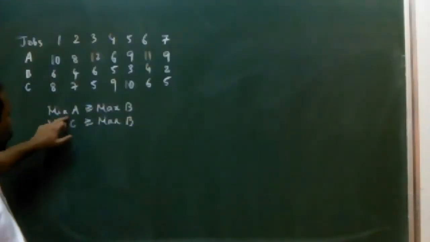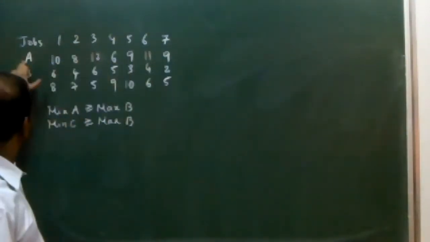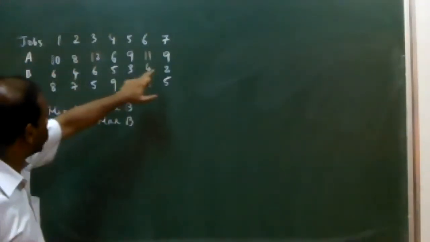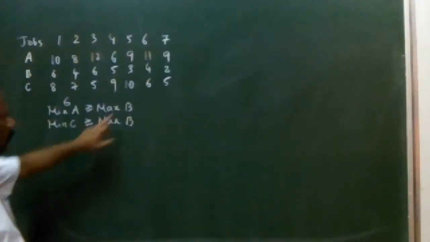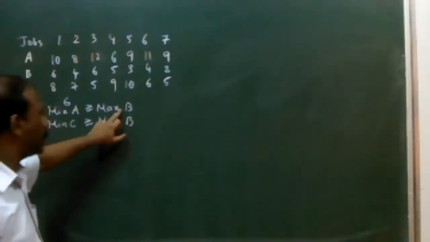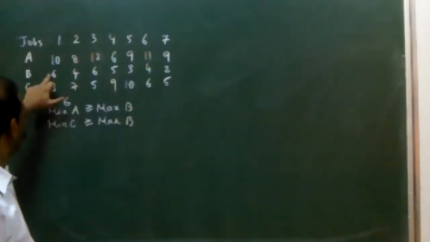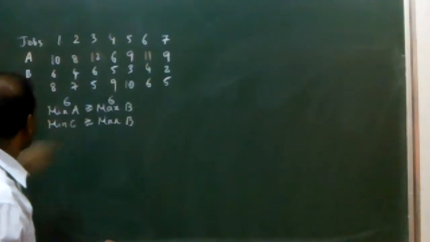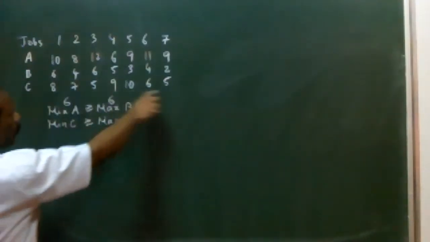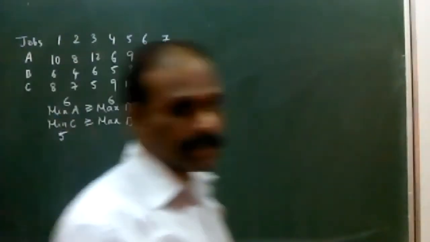If you take the first one, that is the minimum of A, here if you look at the first machine, the minimum value in machine A is 6. Then we'll take down the maximum B value. If you look at it, the maximum is 6. Now we'll come back to the minimum C value, which happens to be 5. Now all the three values are okay. Can you please tell me whether the condition is satisfied or not?